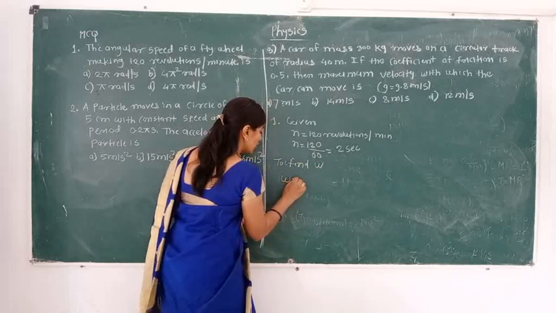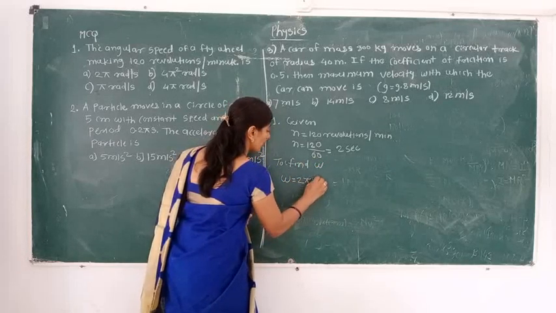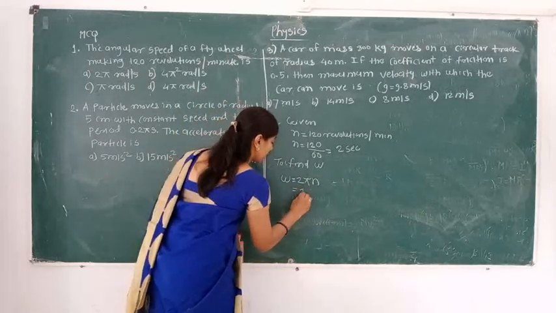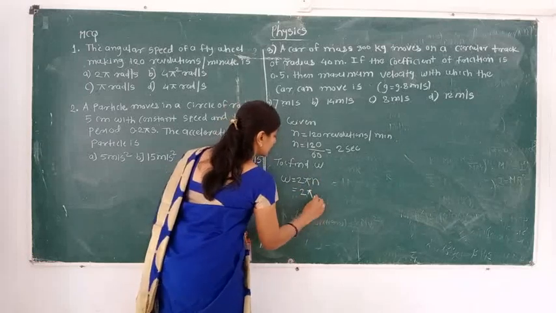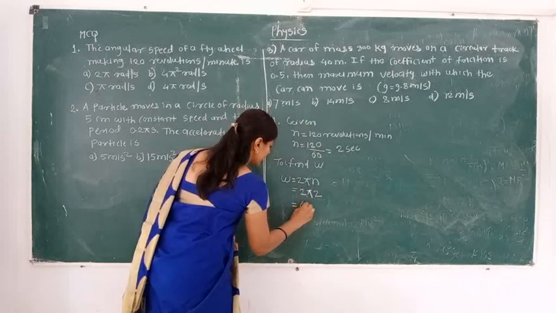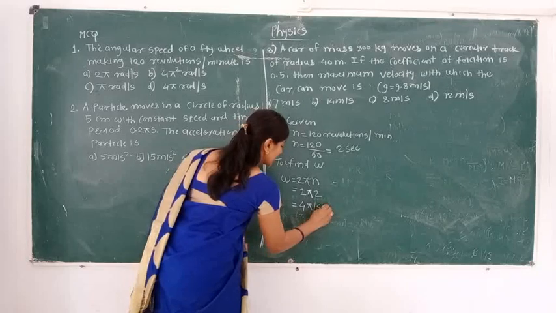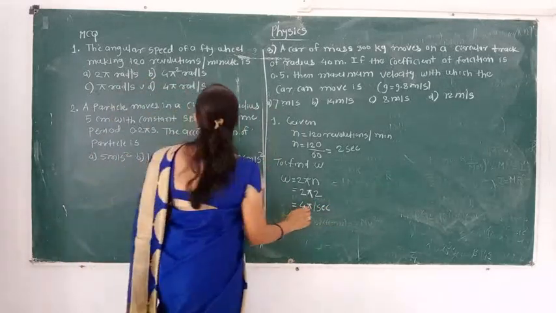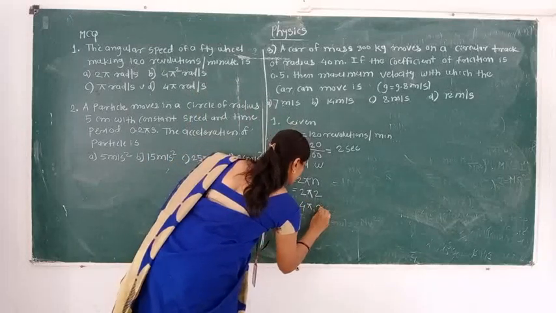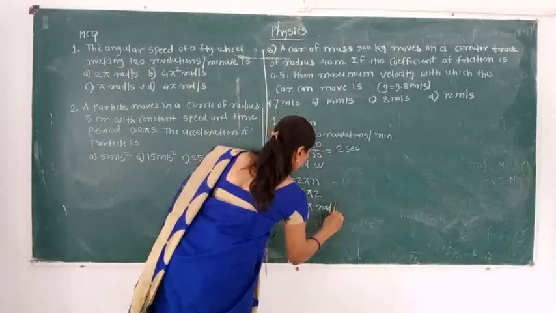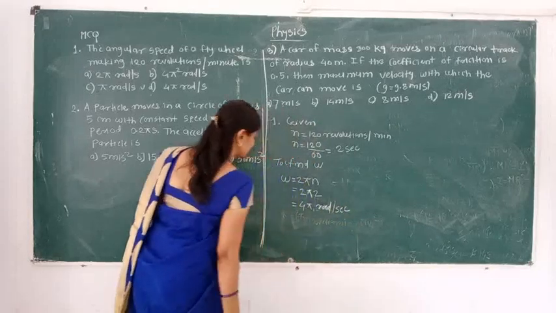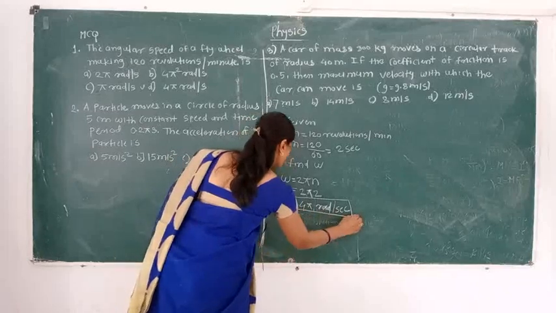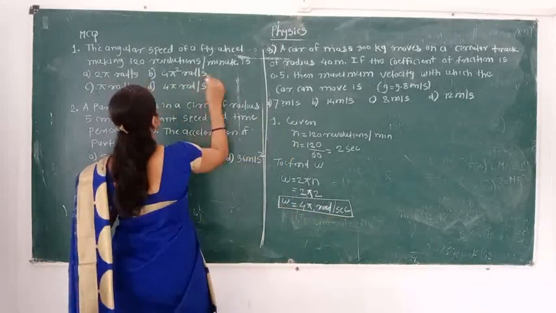The formula we know is omega is equal to 2 pi n. So by simply putting this value, 2 pi as it is, and the value of n is 2, here we are getting the answer 4 pi per second. Here 4 pi radian per second. Its unit is 4 pi radian per second. Angular velocity is presented. So this way we are getting our option. See there, the fourth option is correct.